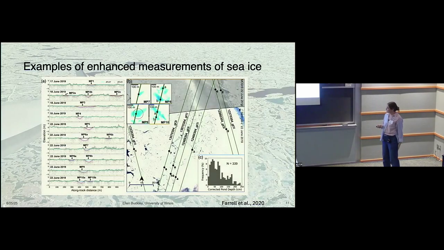And then also we've used ICESat-2 to look at melt ponds on sea ice. This is work that we did looking at melt ponds in the Lincoln Sea. This is a bunch of imagery here: Sentinel-2 imagery, MODIS imagery, and then ICESat-2 tracks over the month of June in this Lincoln Sea region. And then pointing out all these different melt ponds that we were able to detect from the ICESat-2 photon